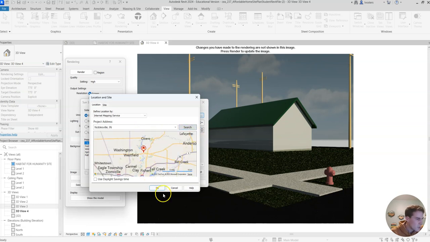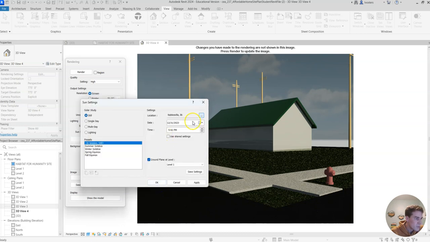Perhaps we can. Yeah, there we go. And then if you really wanted to, you could see what Noblesville, Indiana would look like on the summer solstice, winter solstice, spring equinox, or fall equinox. In this case, we're not going to get that in depth, but by all means, feel free to explore it